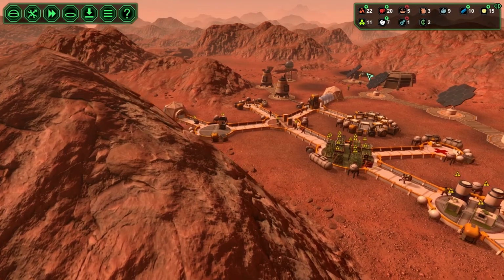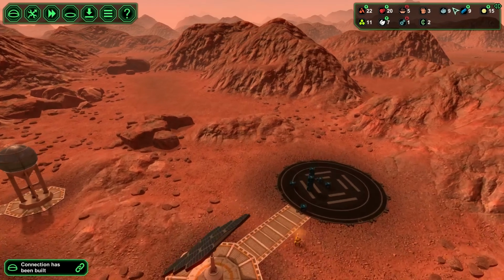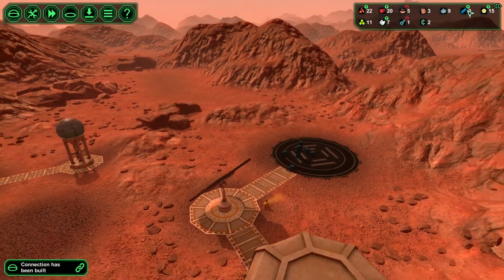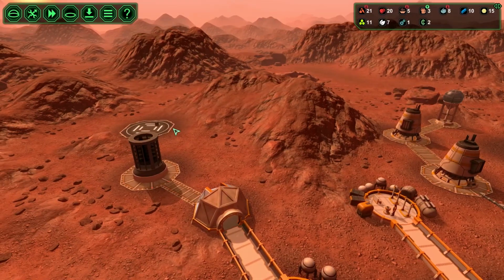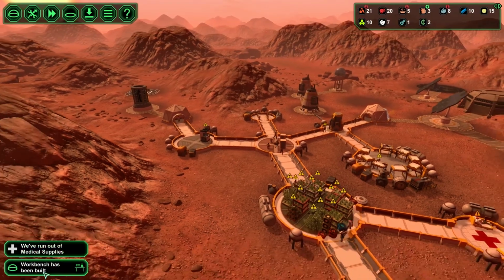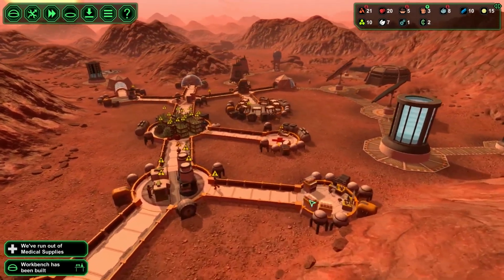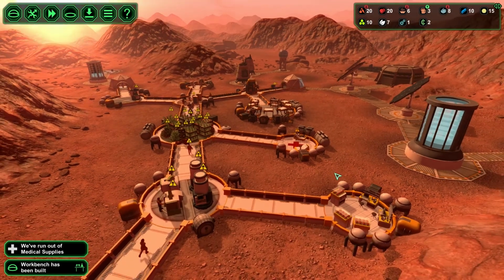So, I just started construction on the big starport, missing one metal, which kind of sucks. Really, we're one off. I did trade away a bunch of stuff, some trader ships came, some colonist ship came and went, and we traded with them a little bit. The workbench has been built, and we've run out of medical supplies. That's not very good. You see we have a lot of metal, a lot of bioplastics, a lot of food,